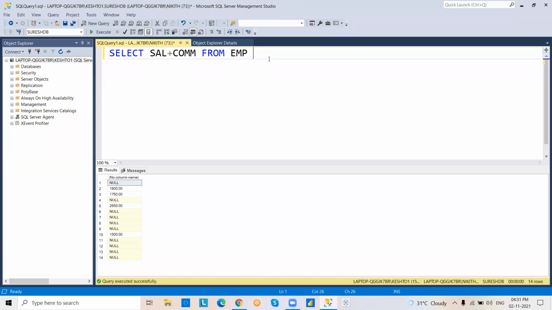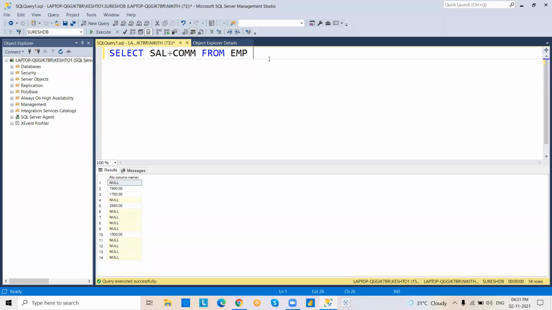Any value, if you are going to calculate with the null value, it is going to return only null values. That's what happened here. Live example. We are doing salary plus commission. It returns nulls. So what to do?